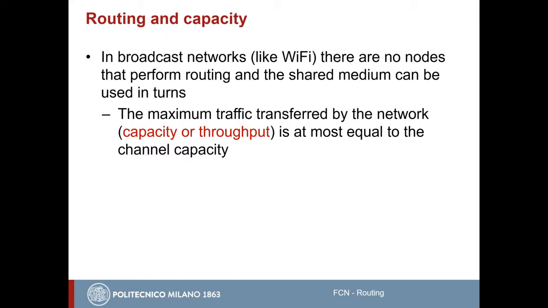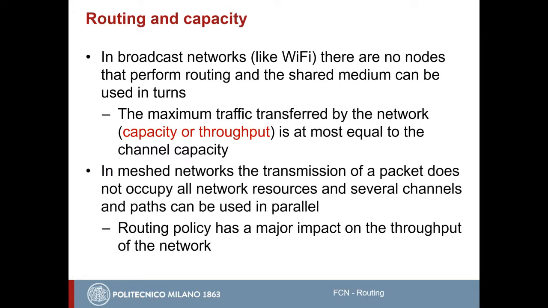So when you have a perfectly broadcast channel, the channel can be occupied by a single transmission at a time. So the throughput, the quantity of information that you can send through the network, is limited by the channel